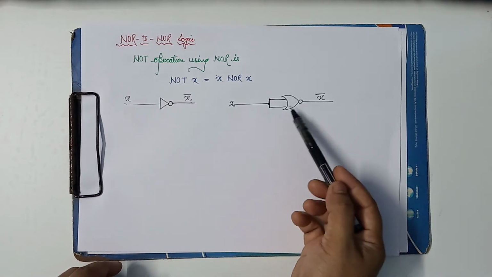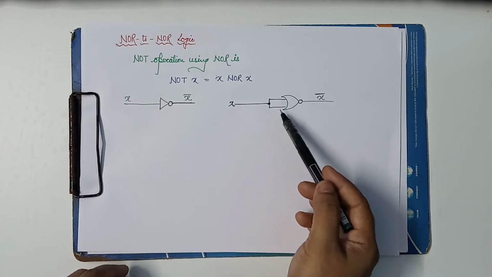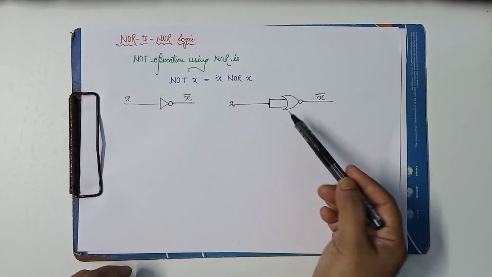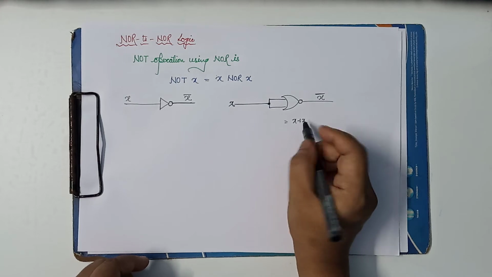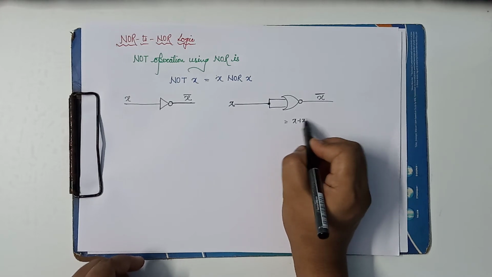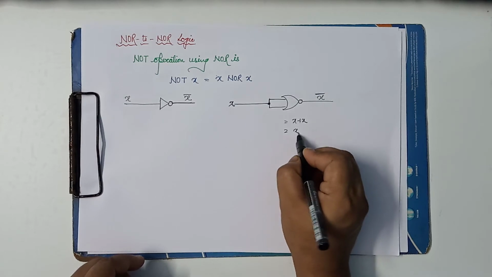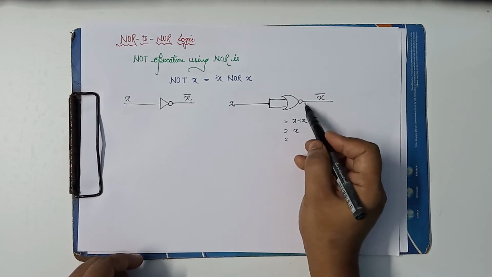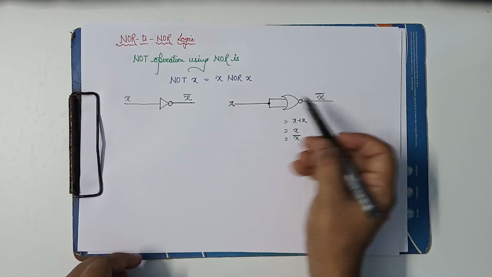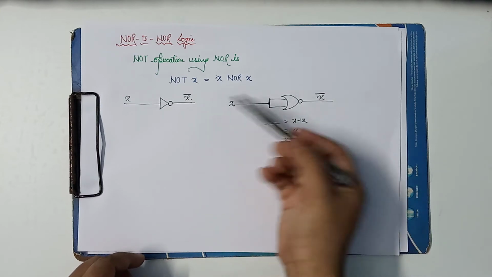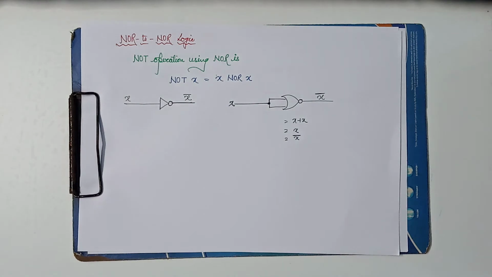Over here we know that a NOR gate will take a minimum of 2 inputs. So over here the input is short, so x and x, two inputs are passed. So basically we will get x plus x. If we add a variable with itself, we will get x only. After that, along with the OR gate, the NOT sign is applied, so we will get the complement. Now if you compare the output of both the gates, it is the same. So in this way the NOT gate can be implemented using the NOR gate.